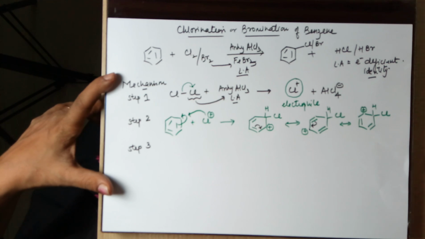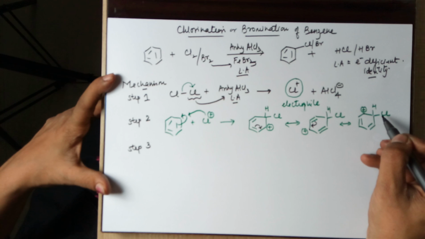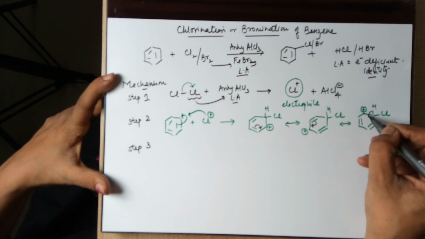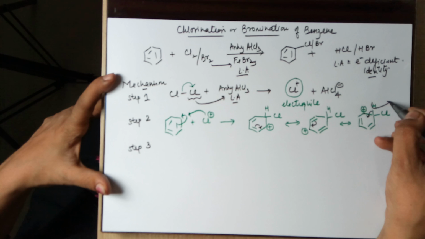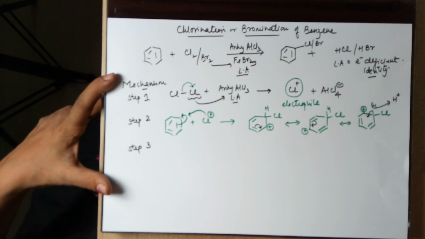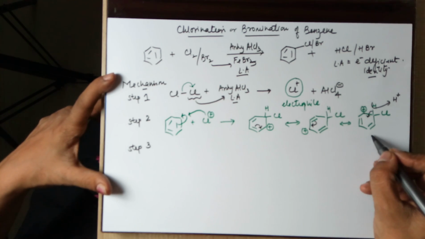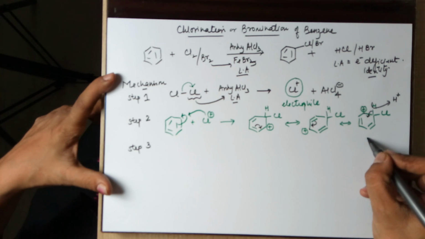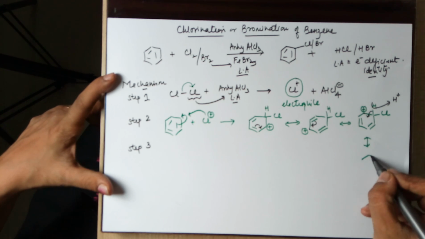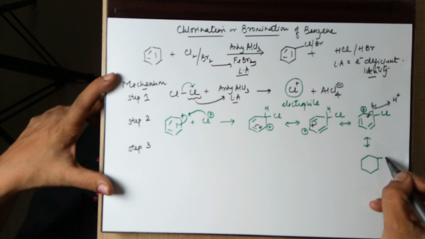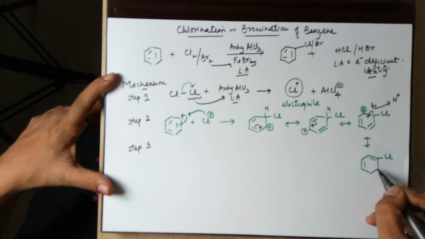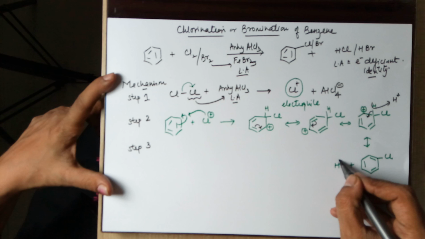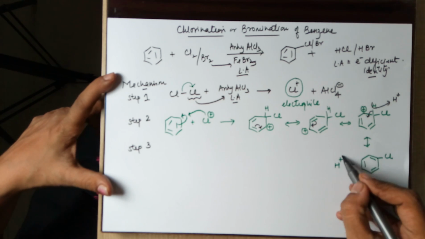The last structure: this carbon requires electrons, but there's no pi bond here. The bond which cleaves is this bond. The electrons shift here. H is lost as an H positive. Hence, your final resultant here would be Cl intact, bonds here, here and here, and a proton is lost.